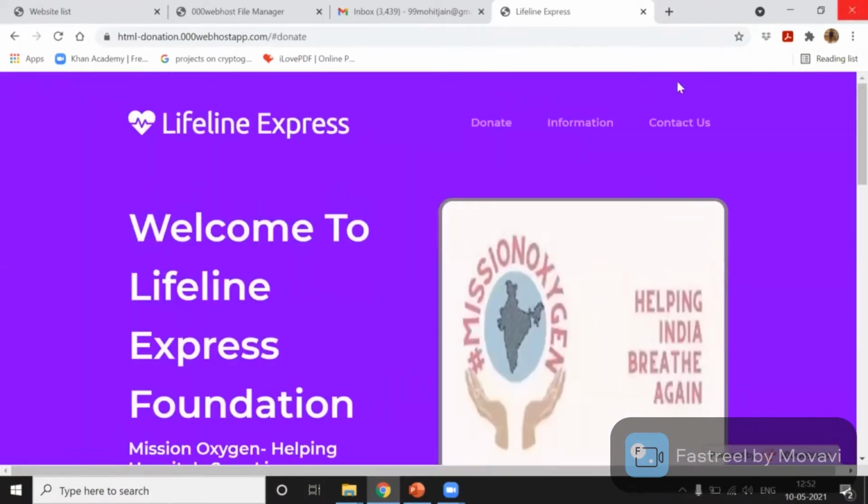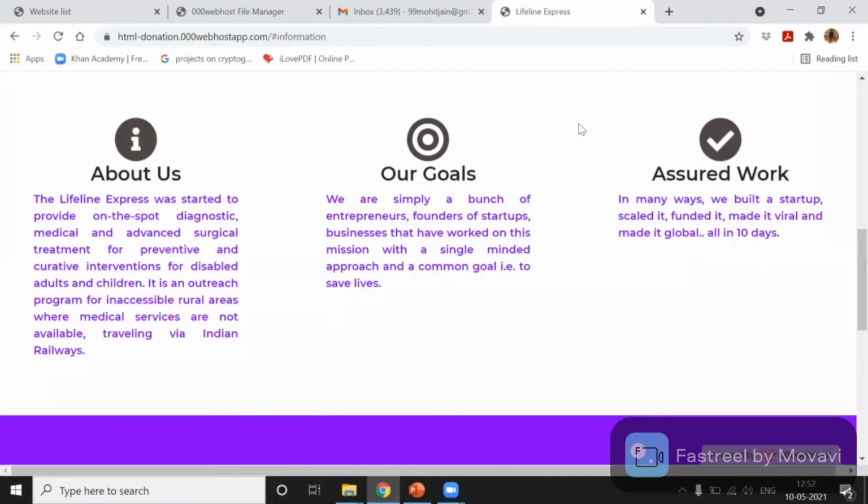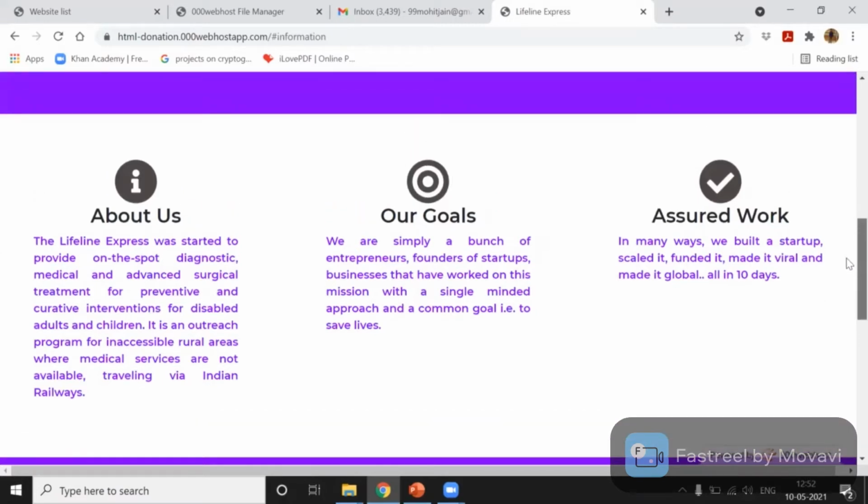Now the second navigation button is the information button, where it will direct me to the center of the web page. In the center of the web page, it contains the information about the foundation, that is the Lifeline Express Foundation, the goals of the Lifeline Express Foundation, and the assured work that the Lifeline Express Foundation has done.